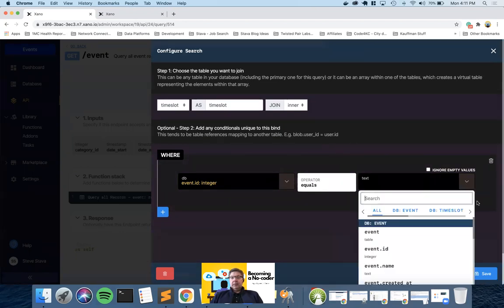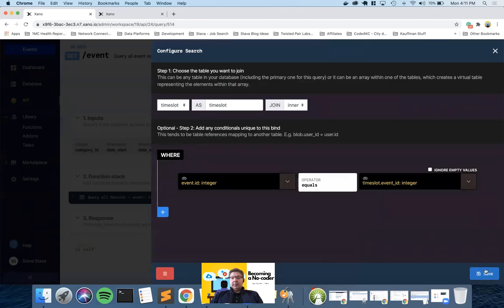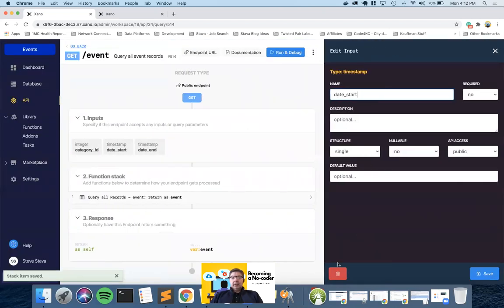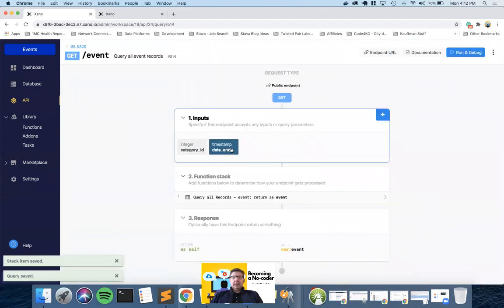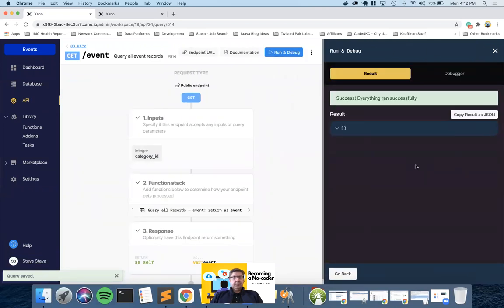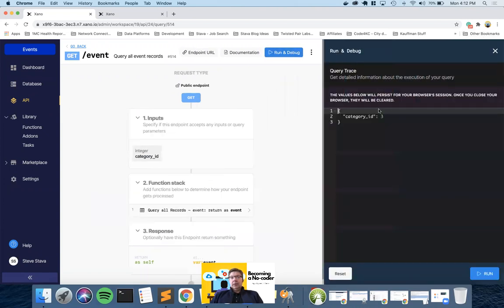Event ID equals time slot. Match them up on event ID. We're going to save that. I'm going to get rid of these for the moment to make sure I'm not trying to use something that I shouldn't. Okay. So when I run this,